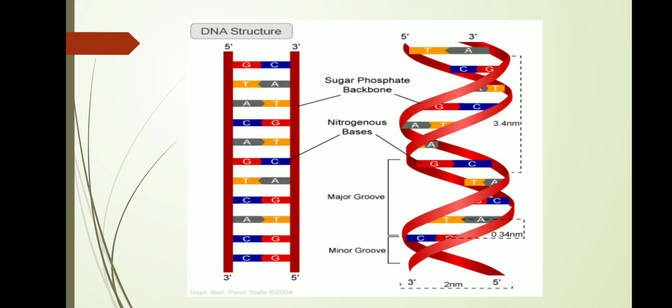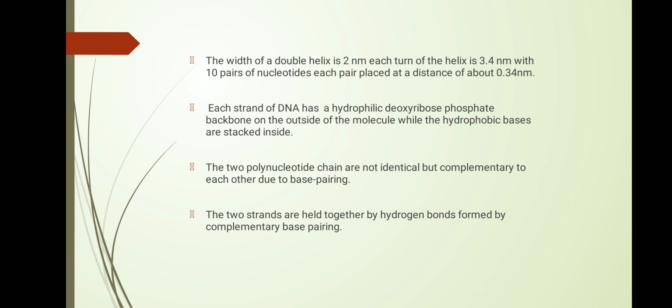Each turn has 10 base pairs and each base pair is placed at a distance of about 3.4 angstrom, that means 0.34 nanometer. Each strand contains a hydrophilic deoxyribose phosphate backbone which is present outside the molecule, and hydrophobic bases are stacked